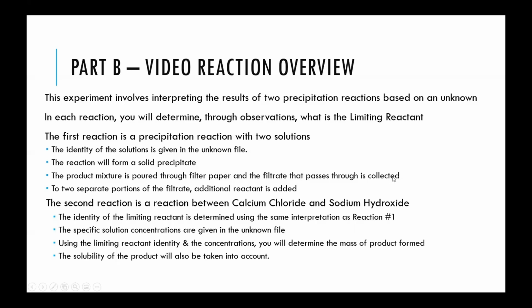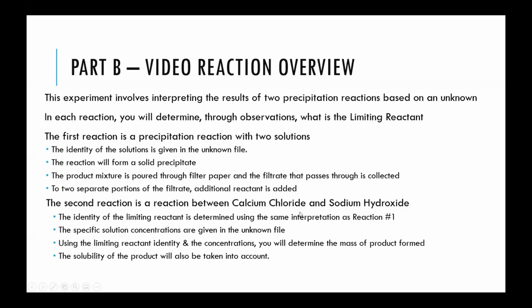That is passed through filter paper, and the filtrate, which is the liquid that goes through the filter paper, is collected and separated into 2 different parts. And to each one of those separate portions, more of the reactant is added. So you're going to be going through and using those observations to experimentally determine what is the limiting reactant. The second reaction in the video is